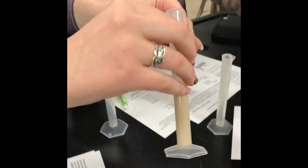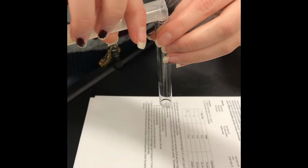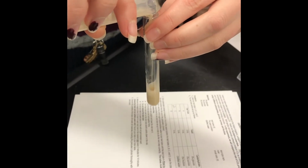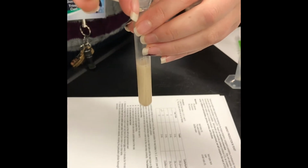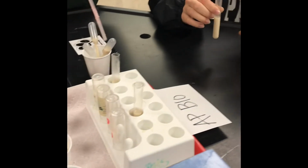So we'll watch. She's gonna add her, oh, this is awesome. Look at that nice warm yeast. 5 milliliters going in the tubes. So all 4 tubes are going to be filled up, and while they're doing that, I'm